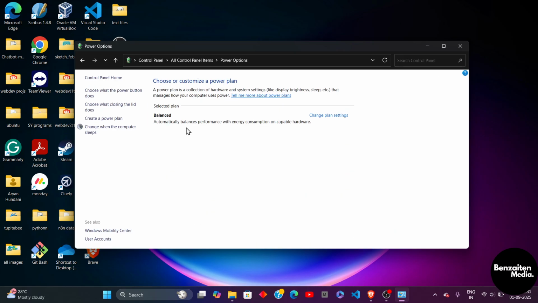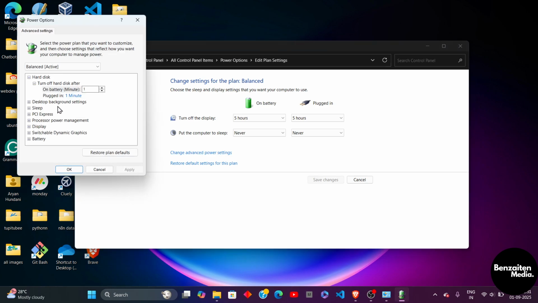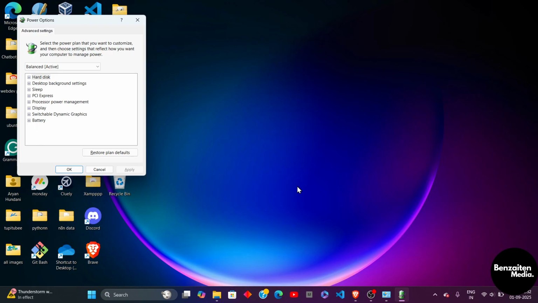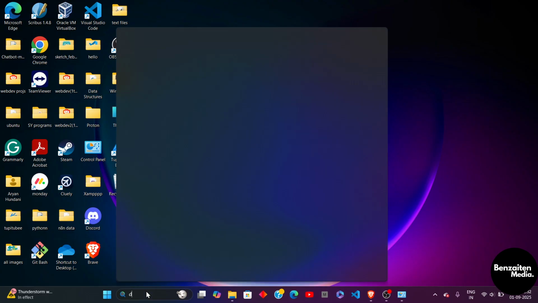After clicking on power options here, you need to see what plan you have selected, and from here you need to click on change plan settings, and after that here you need to click on change advanced power settings. After clicking here you will see the option to change the USB. If you can't find the USB settings here, no worries, simply close this and then you need to search for